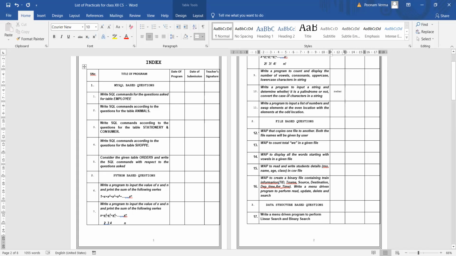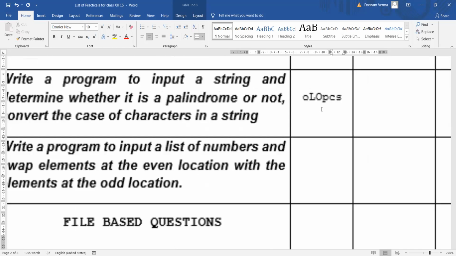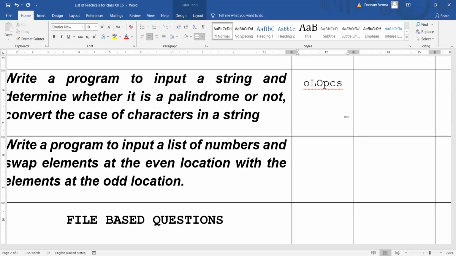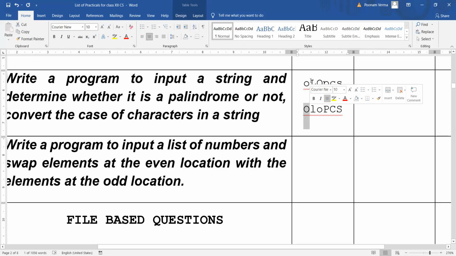And the second one is, this is the second choice, like you can make one menu driven program. First choice you can give as checking for palindrome, and second is to convert the case. Now the meaning of convert the case, suppose I am writing OLOECS, something like this, fine. I think maybe it is not visible. If I'm writing like this, what you have to do is convert its case. Whichever was capital will become small and small will become capital. OLOECS, like this. So you have to check if it is in the small case, you have to get its uppercase. And if it is in the uppercase, you have to get its lowercase. That's it. This is the meaning of convert the case.